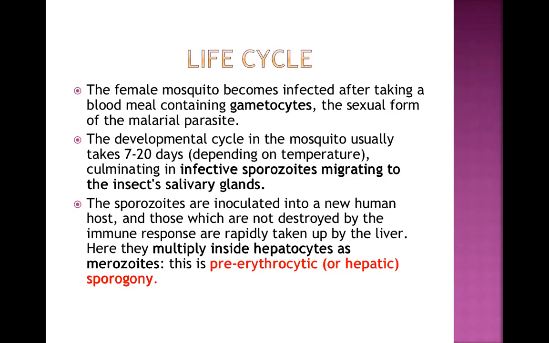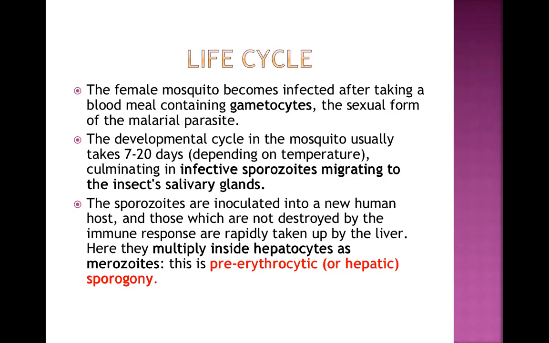It depends on the environmental temperature, and when that cycle is over in the mosquito, sporozoites would be formed, and these sporozoites are mainly haploid in nature. They migrate to the salivary gland of that mosquito, meaning that mosquito is ready to infect another person. Now, the sporozoites are inoculated or injected into a new human host,